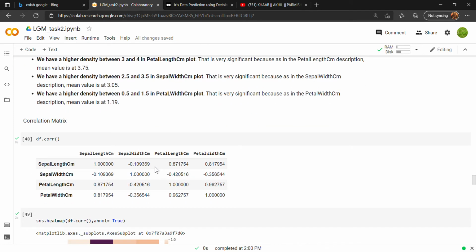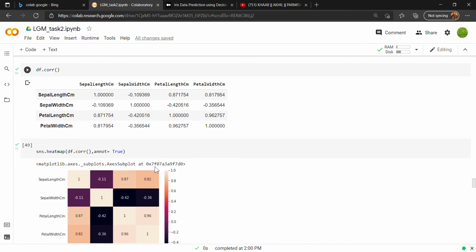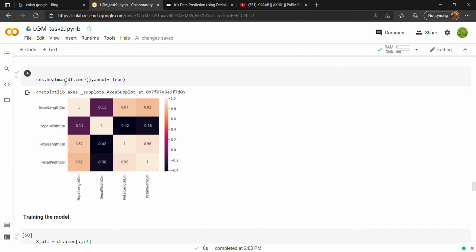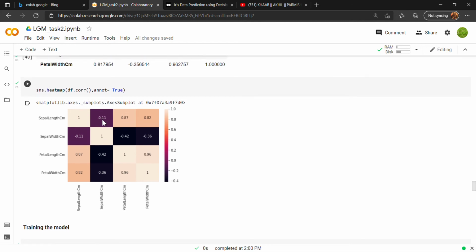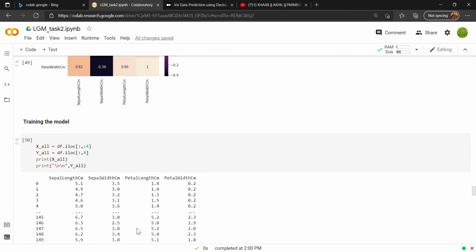Now we will find the correlation between the features. The correlation is as follows, and using the heat map you can see that petal length and petal width are highly correlated, while sepal length and sepal width are least correlated. So now comes training the model.